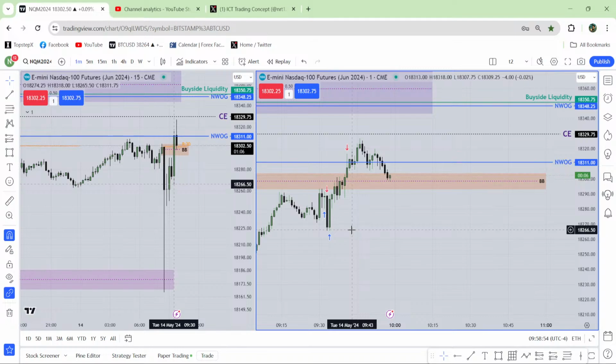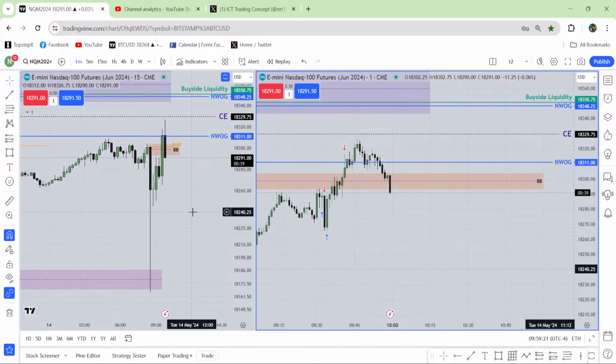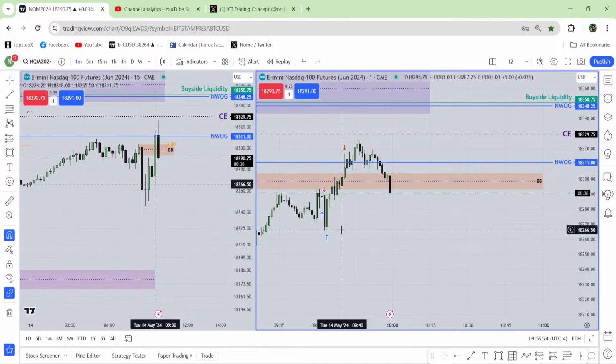Hi T2, do you trade breaker block? If yes, can you explain how to do it? If no, why not? Breaker block is my favorite setup. I love breaker block. 95% of the time I get setups from breaker block, and the winning percentage is near about 95%. I have already made a video and explained everything there. Please watch that video, brother. You will also find it in the study folder.